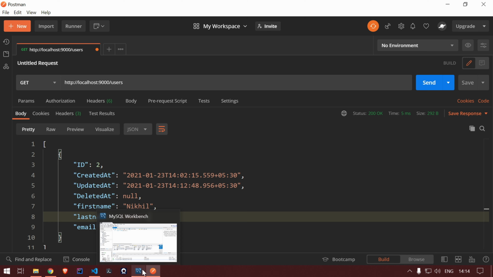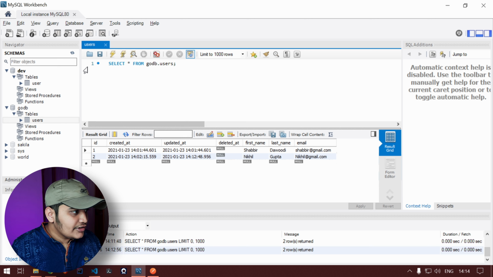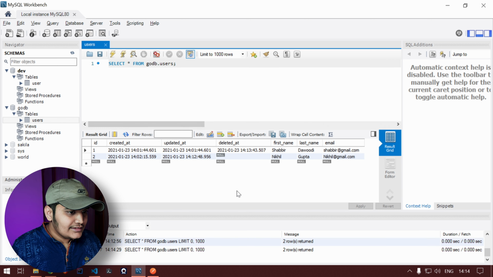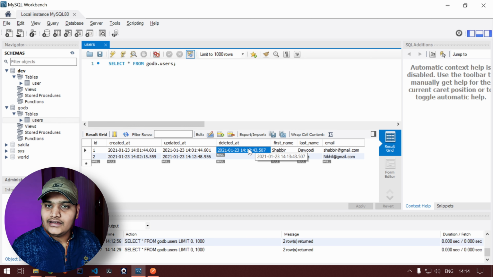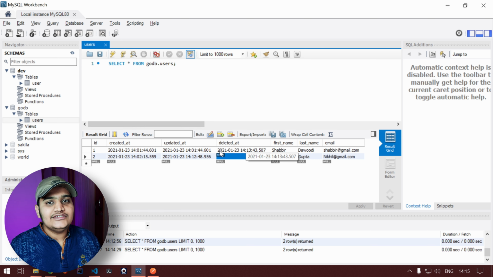But there is one very good thing over here. If you go to the database and refresh it, you can see that the data is still there, but we got a date in the deleted_at column. Whenever you are using the delete method, it will do a soft delete, and it will mark that data as deleted with the help of this deleted_at column. When you are using any of the other methods, like the get method or first method, with the help of GORM it will always check that wherever there is a null, or no date, at deleted_at, only those data will be fetched and you will be seeing those data.